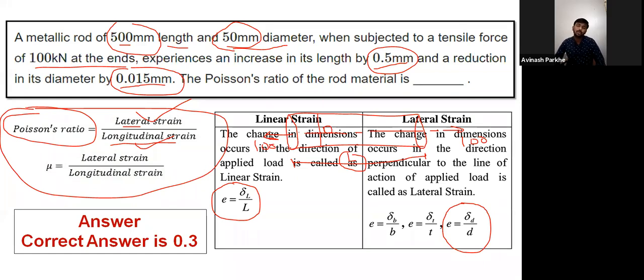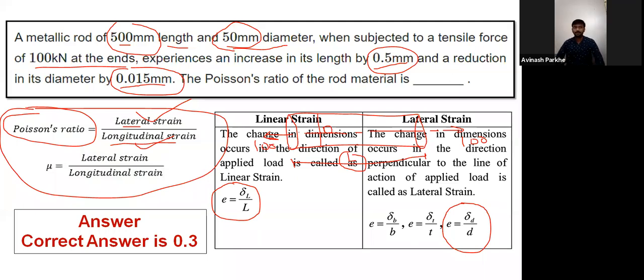Here there is no negative marking system because here we have to actually solve the problem and directly put the answer. But if there is an objective type of questions, there is a possibility of negative marking. So simply we have to understand in which direction force is applied and whatever the dimensions of the body are, which dimension is represented in which direction, that we have to identify first and then we have to use the particular formula.